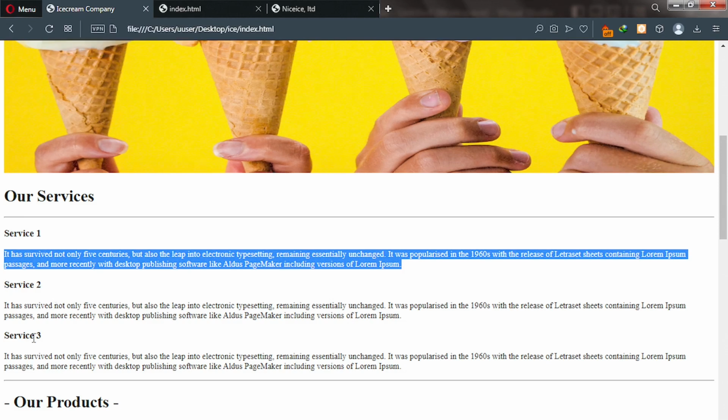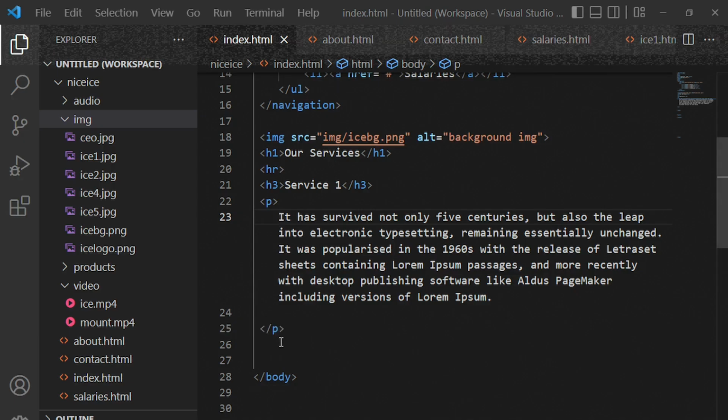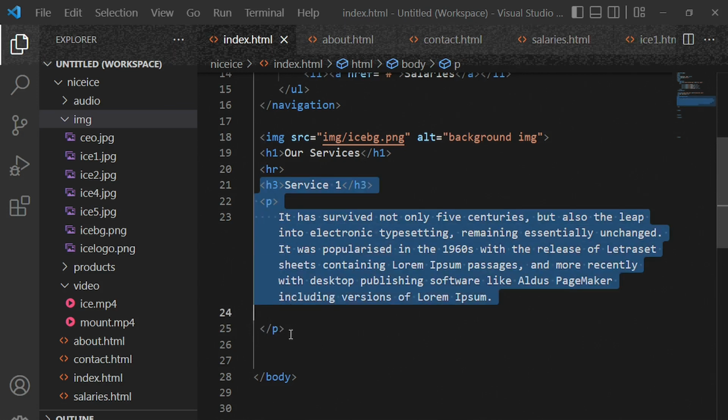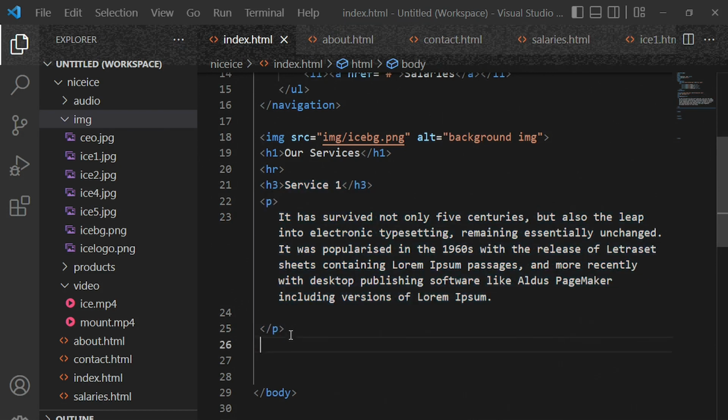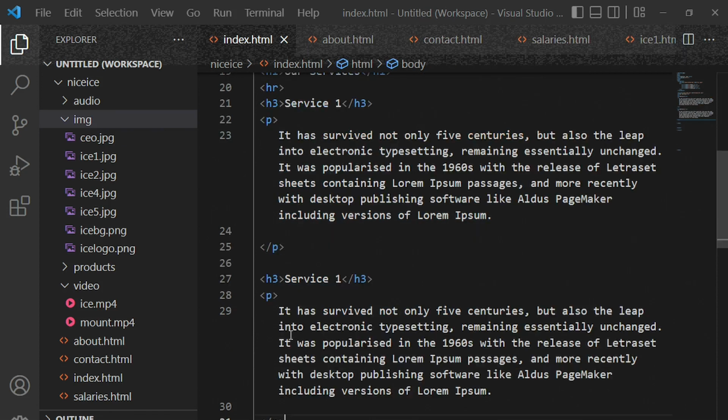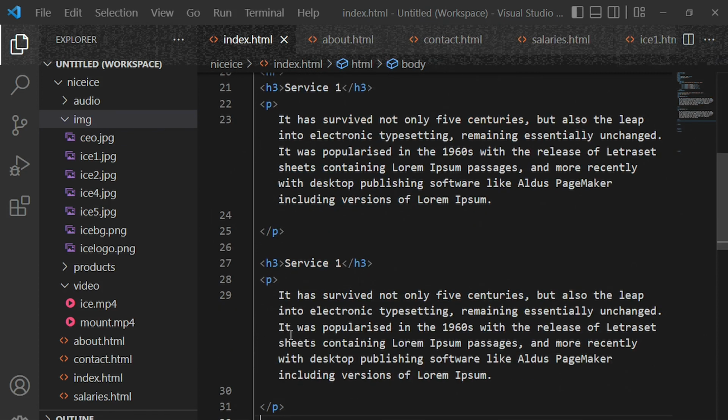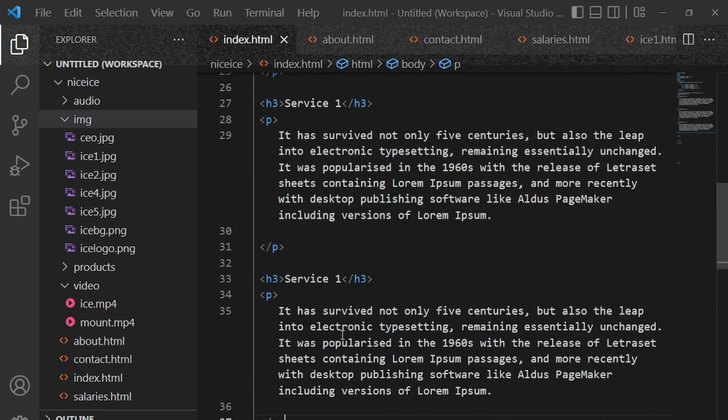Let's create the other 2 services with their corresponding paragraphs. So I'll take you back to the code editor, and then we can simply copy this. Just copy everything here, Ctrl C, and then we come down and paste it here and paste another one there because they are the same. And then all we need to do is to change this service 1 to 2